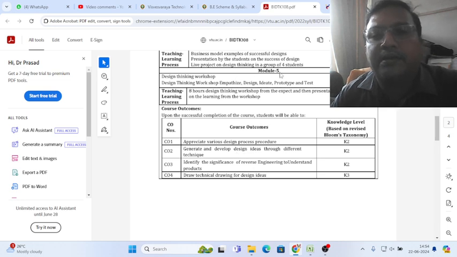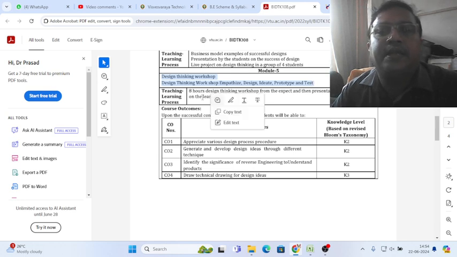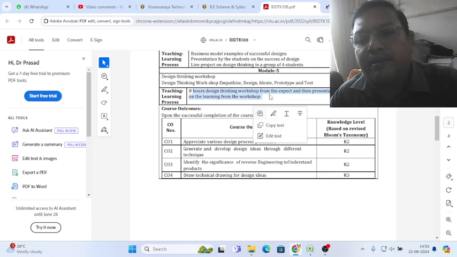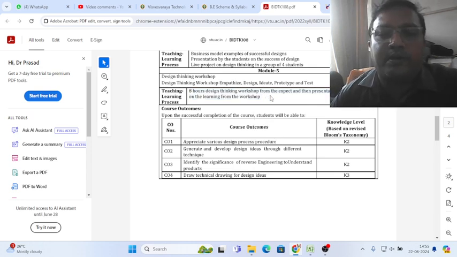In that, module 5 is a design thinking workshop emphasizing empathize, design, ideate, prototype and test, which is an 8-hour design thinking workshop from an expert, followed by presentation by the students on their learning from the workshop. It can be done by me because I am already a registered Innovation Ambassador, or I can invite